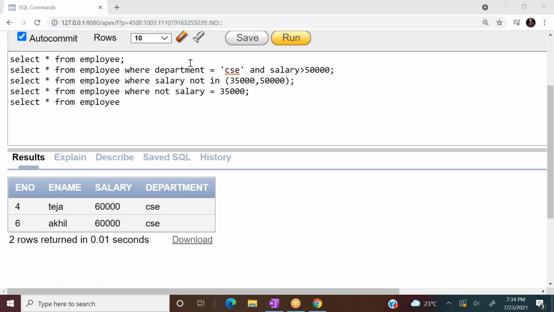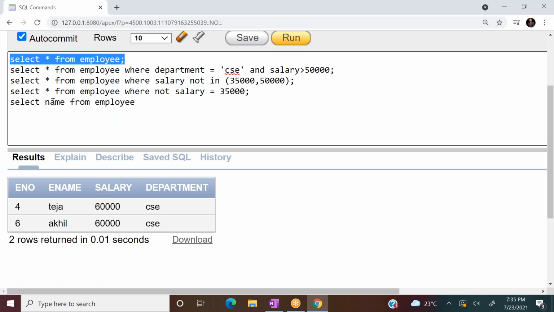Right. Suppose I wanted all the employees, or else I wanted just the name of the employee. If I wanted only the name of the employee, instead of star, what can you write? Just write name, of the employee whose salary is above 50 and below 60.